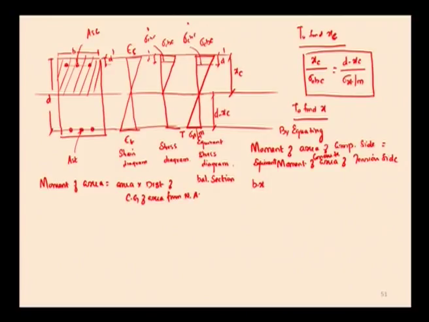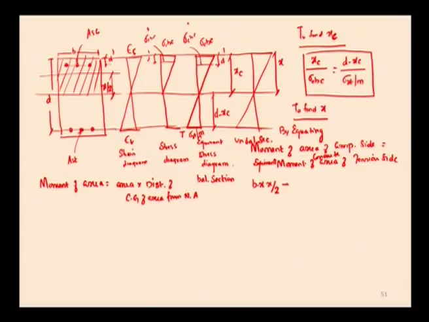This is the moment of area. So, distance of CG of this total concrete from the neutral axis, here it is x by 2. You take, this is the equivalent stress diagram of unbalanced section. Okay, you take this as x. Okay, now B into x by 2